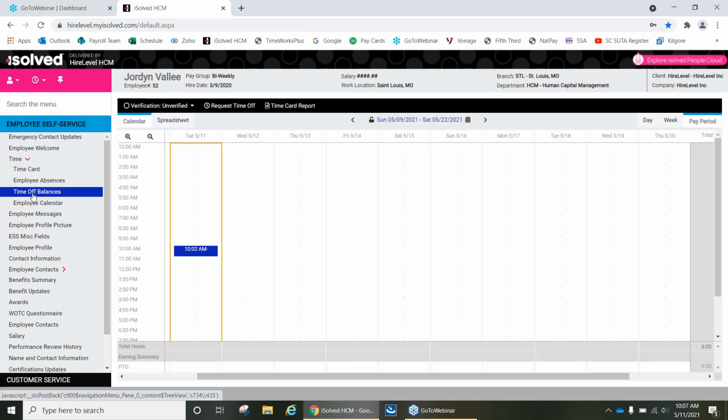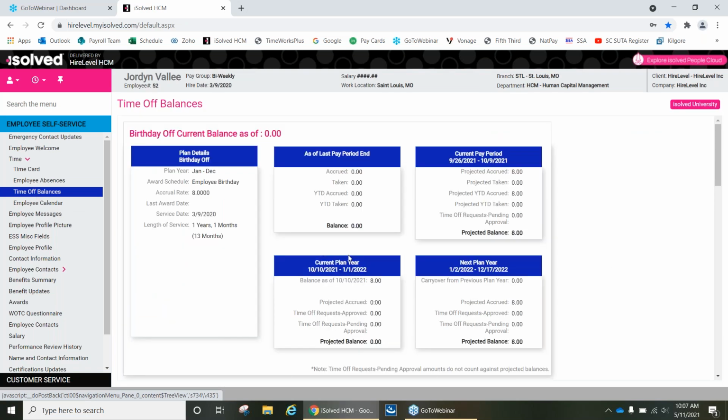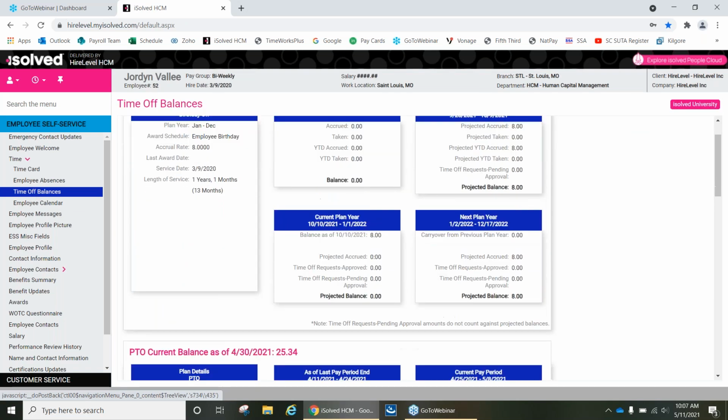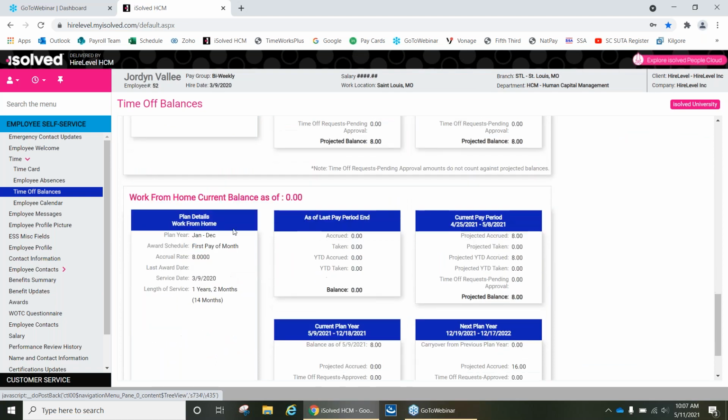Also here, time off balances. This is where they would go to see their balances. They have one for each absence policy set up. So I'm going to show you